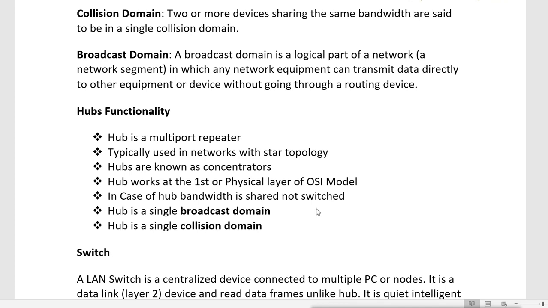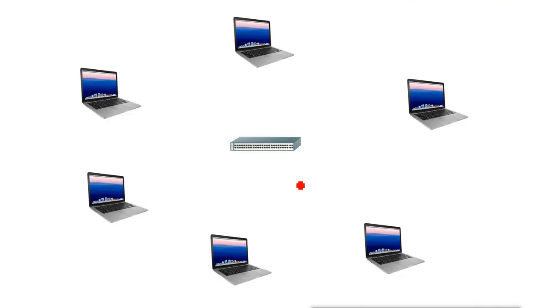It does not use any mind. It is actually a dumb device. It is also called a dumb device because it does not use any processing, anything. It just does the transmission. For example, now this is what we can say is the star topology, where there is a centralized device and this is hub, and all the devices are connected to this centralized device.